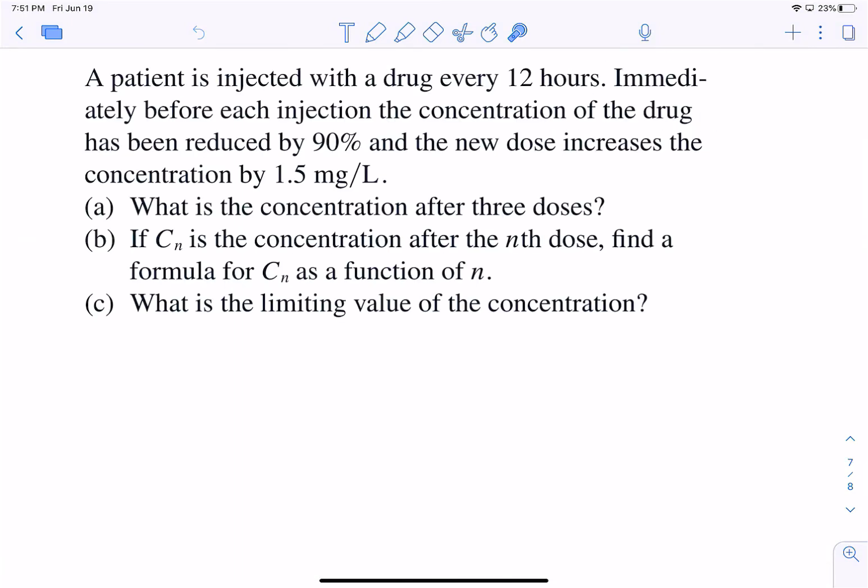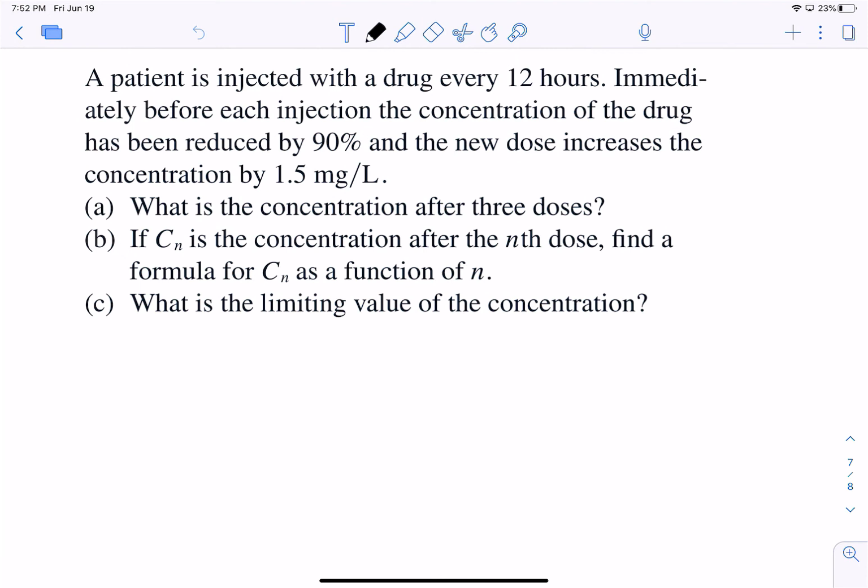We have an application. A patient is injected with a drug every 12 hours, and immediately before each injection, the concentration of the drug has been reduced by 90%, and the new dose increases the concentration by 1.5 milligrams per liter. We're asked for the concentration after 3 doses, a formula for the concentration after the nth dose as a function of n, and then a limiting value for the concentration. We're going to treat this as a geometric series and then take its sum,